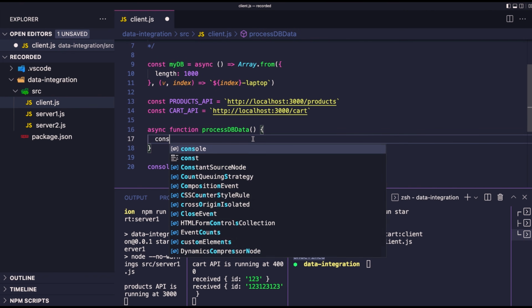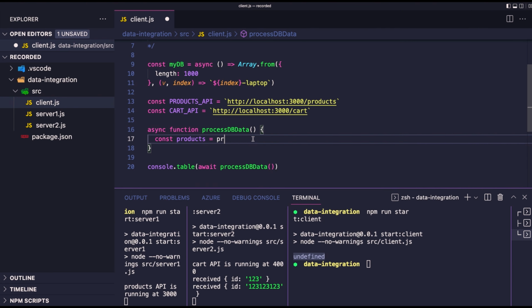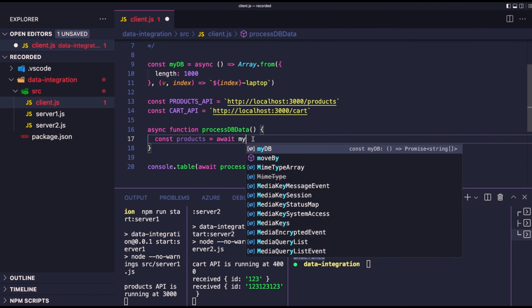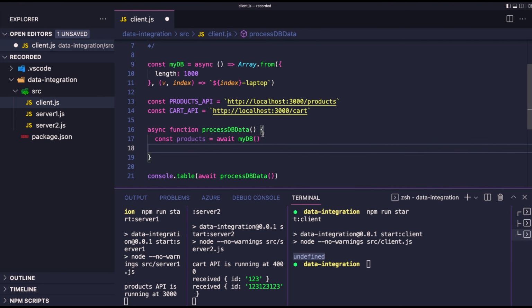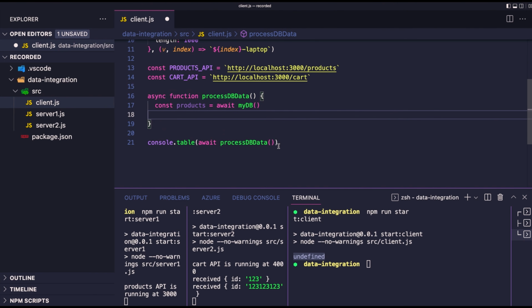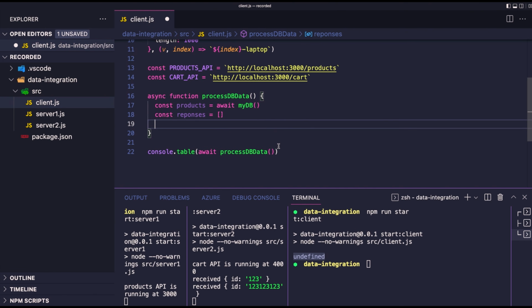Perfect. Well, first of all, I'm gonna get the products. So I'll await my DB. We're gonna return all the data, like 1,000 items in memory this time. With it, I'm gonna get an array of responses and iterate on the